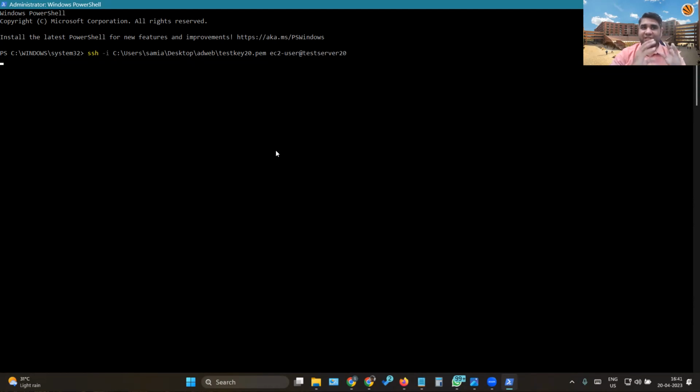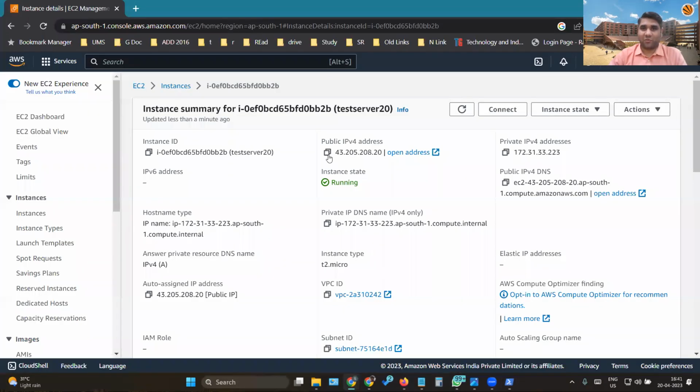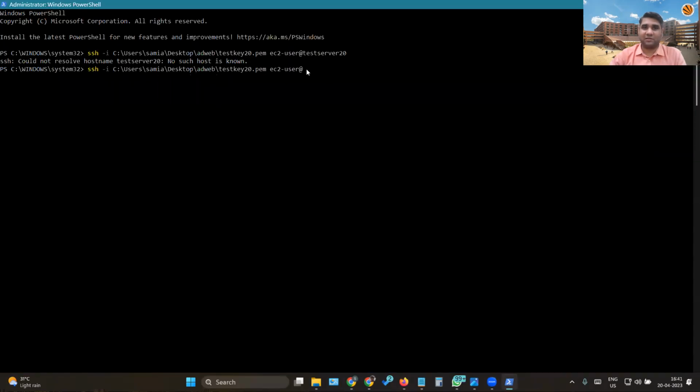Press enter, and you'll see the same prompt which was there on the website. Sorry, I need to give the IP address. My mistake. It will not recognize test server 20. Totally my mistake. I'll just copy the IP address, come back, and paste.